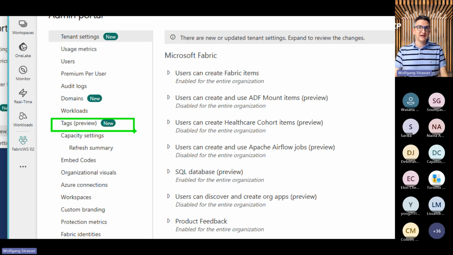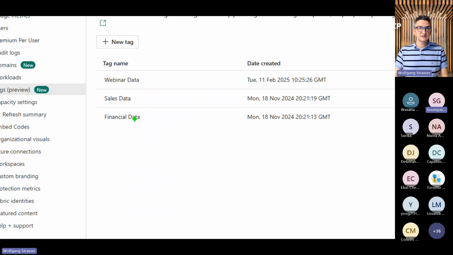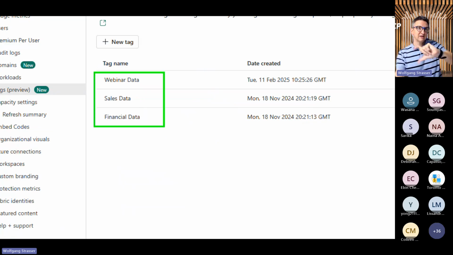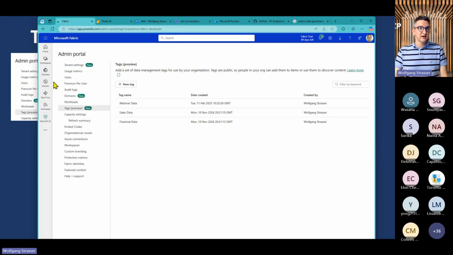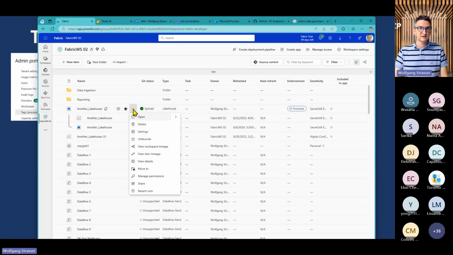So we've got the tags, in preview, over here, and what you can do is add your tags, simply a name tag that can be assigned to different Fabric items. I've got financial data, sales data, and webinar data, and it's the same approach as we did with the endorsement.